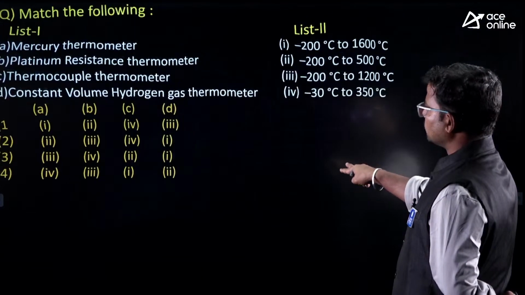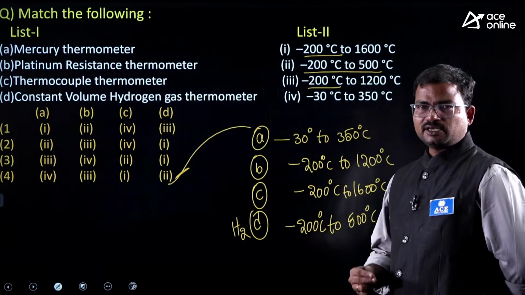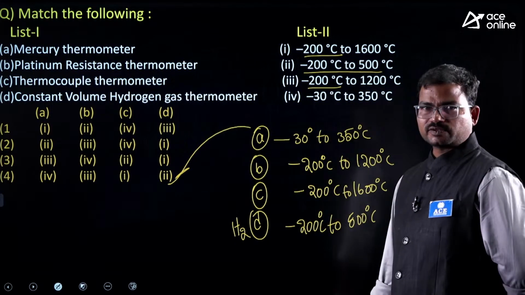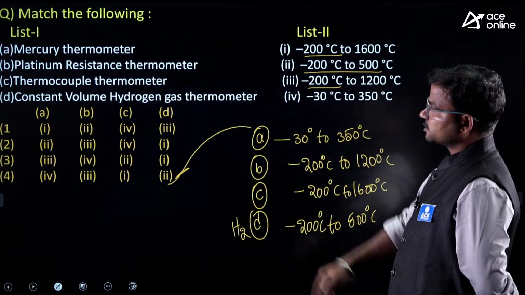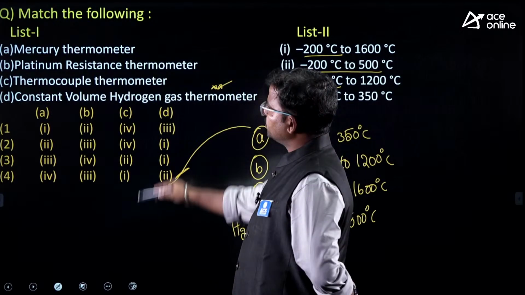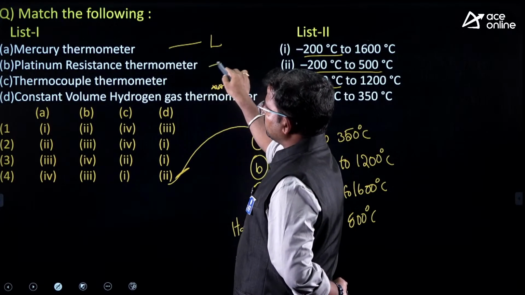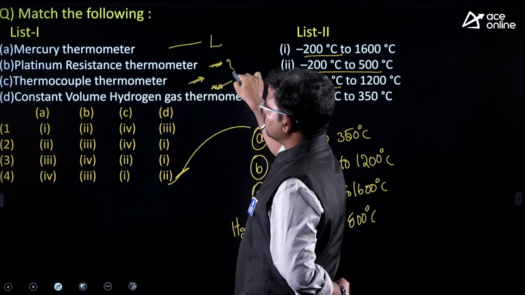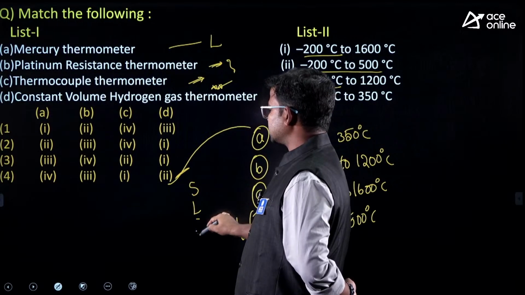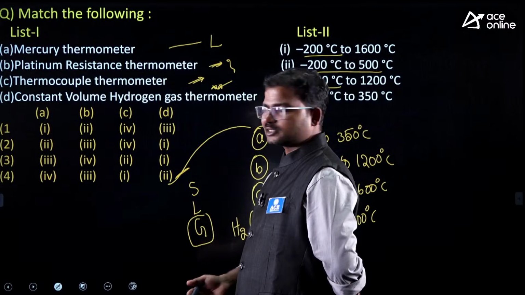Among these thermometers, which is more efficient, meaning even smaller values can be analyzed by which one of the given thermometers? Mostly the gaseous thermometer. This is the best one compared with the remaining ones. Why? Because here the heat energy carrier would be gas. Next, the platinum thermometer and thermocouple thermometers, in these two we are mostly using solids. So among solids, liquids, and gases, even smaller variation can be analyzed by